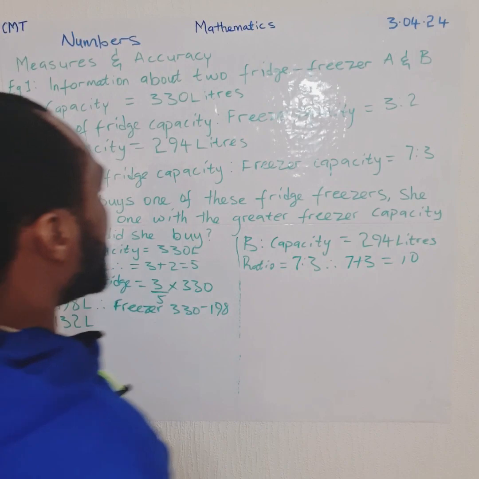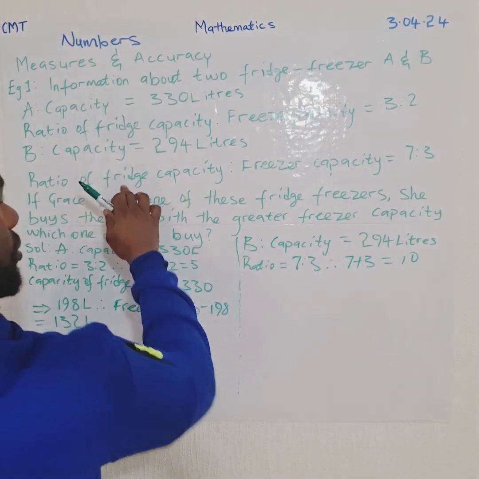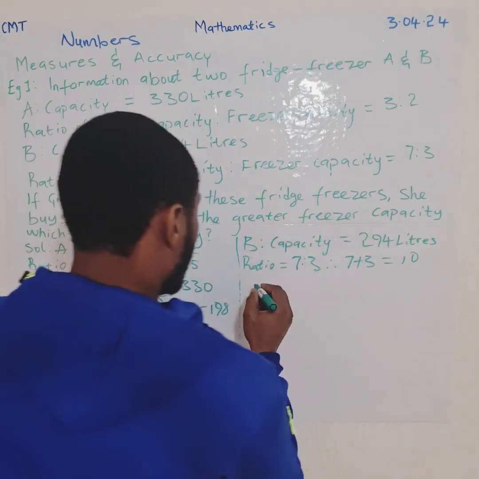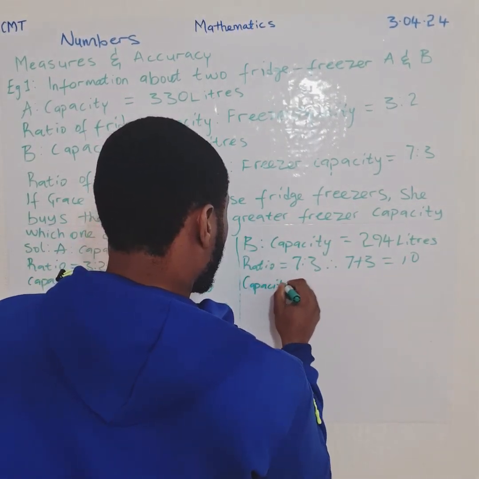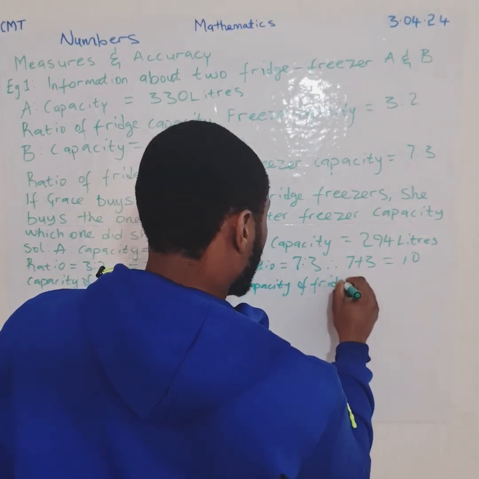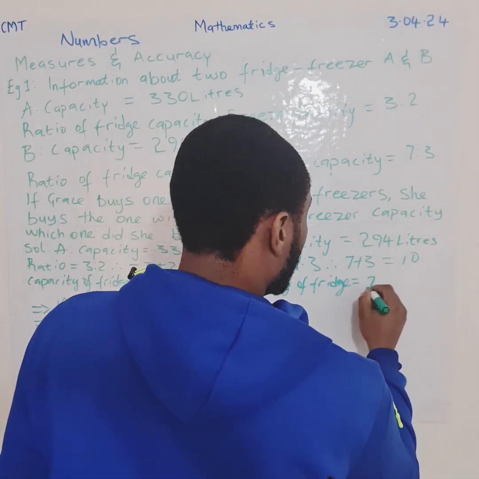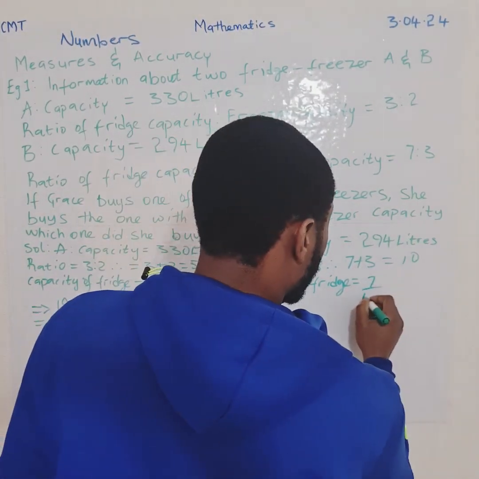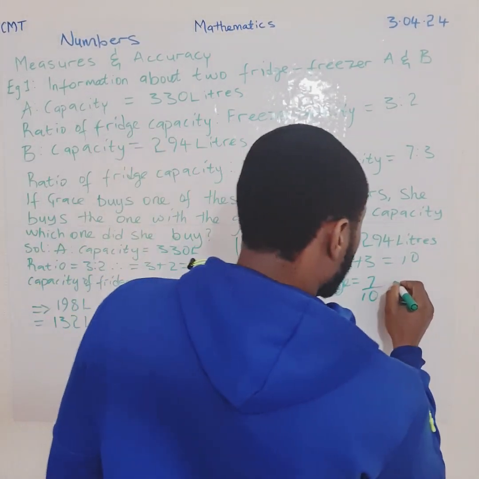So we're ready. If we want to get the volume of the fridge, it will be capacity of fridge, the ratio of fridge is 7, the sum of ratio is 10, and total volume of fridge and freezer is